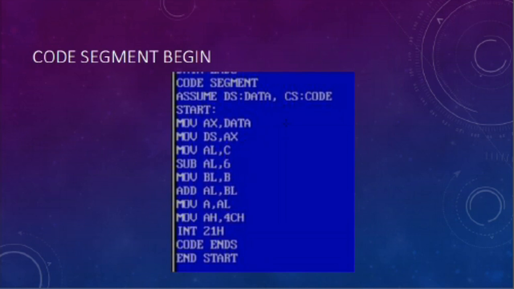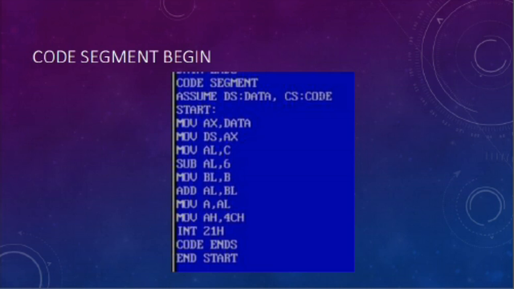So now next the code segment begins. It means the next part of the program is the code segment. Here again segment is the keyword. Now we are using assume DS colon data comma CS colon code. In an assembly level program there are different registers performing different purposes.